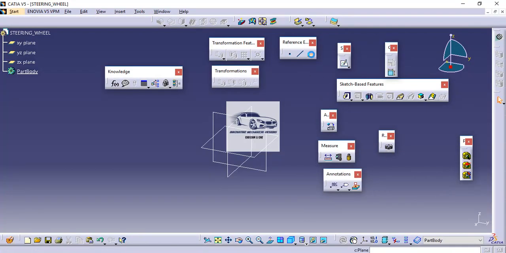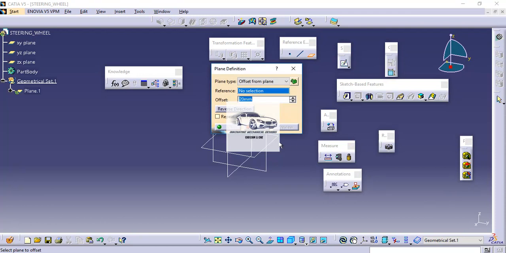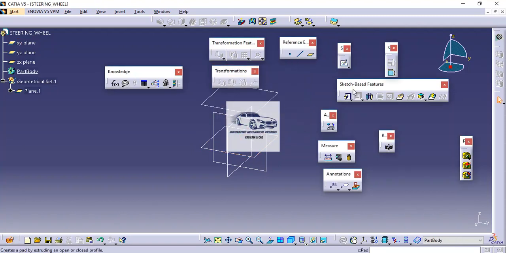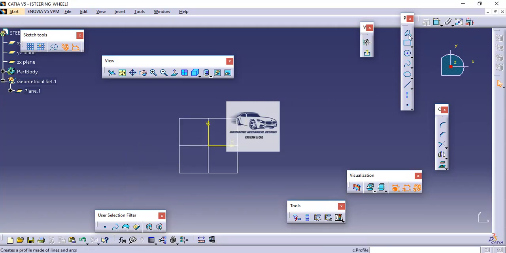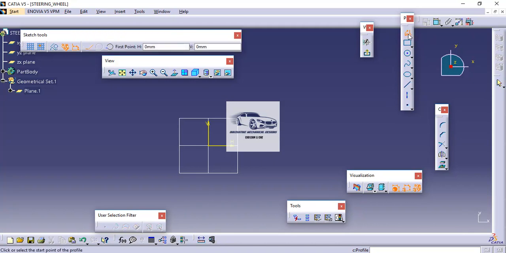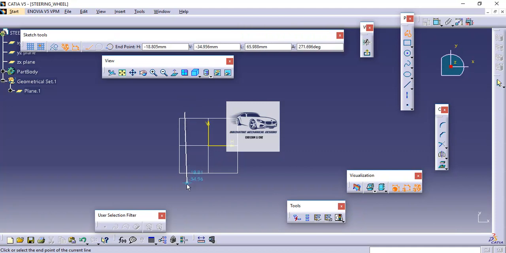So what I will do is first of all take a plane from the top plane at a distance of 56.07. The reason is that these profile sketches I have to draw in the top view. So 56.07. Now first on this particular offset plane I will develop the triangle. Now as I want the triangle to be placed in a centric position, I will go to the Profile tool